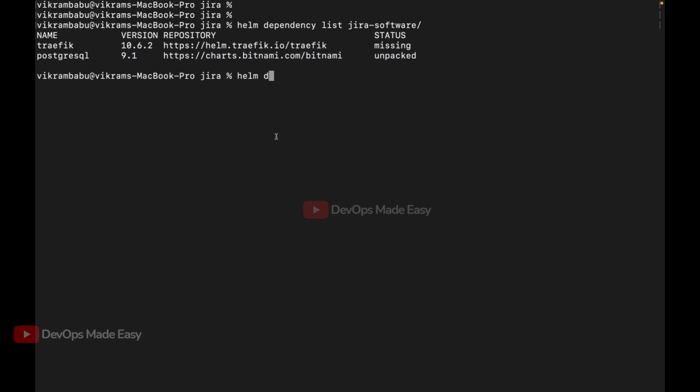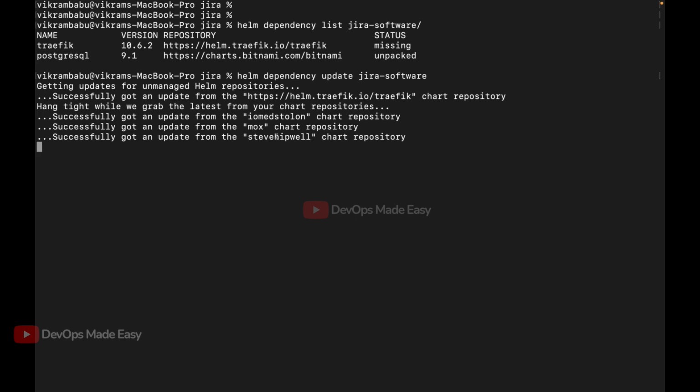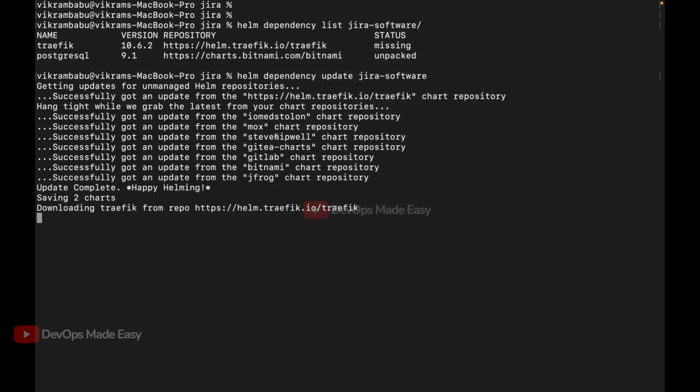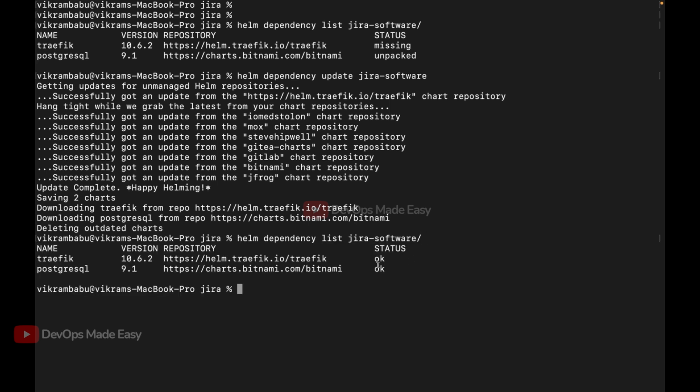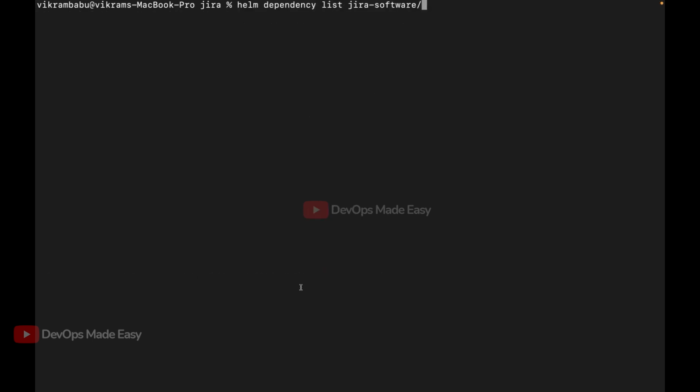So I'll use helm dependency update and then give the folder. It is going to pull all the required dependencies and put them in the subcharts directory. It is now pulling the traefik chart. And now if you do helm dependency list, you can see that both the dependencies are okay, which means both are satisfied. And then I run the same command, which is helm install